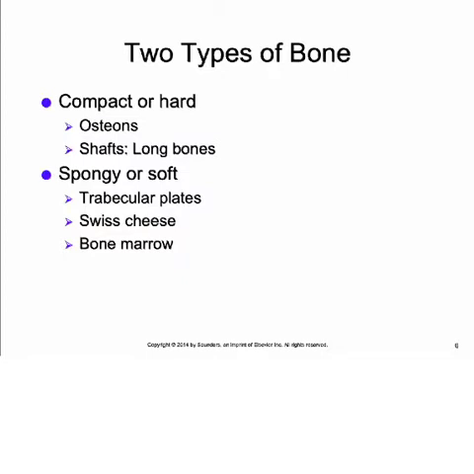The two types of bone are compact or hard bone tissue, which is made of functional units that are called osteons, and spongy or soft bone, which is made up of struts of bony tissue called trabeculae. Okay, compact bone